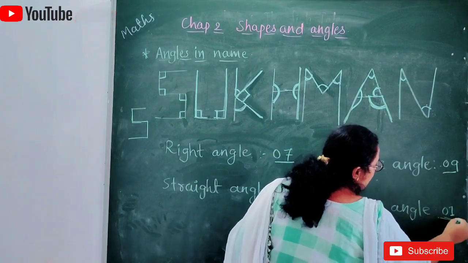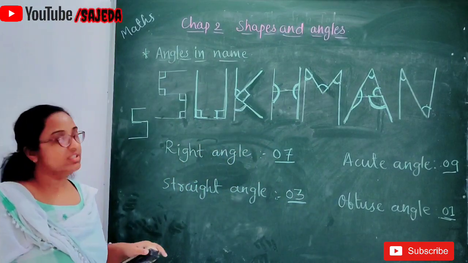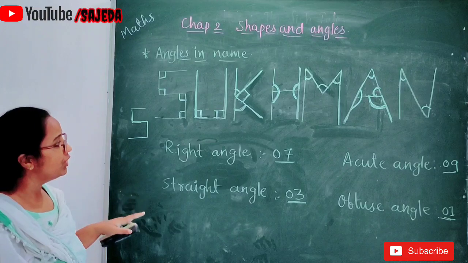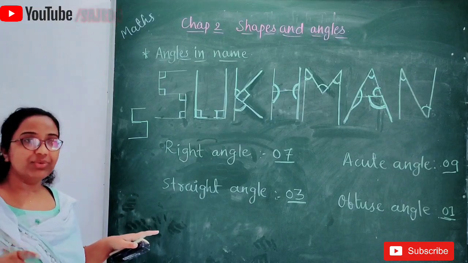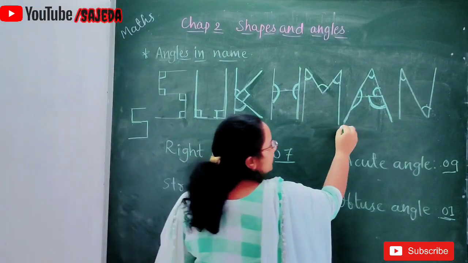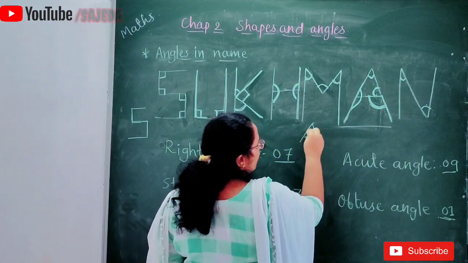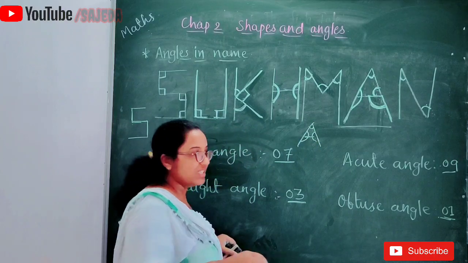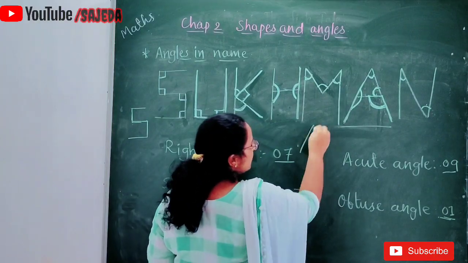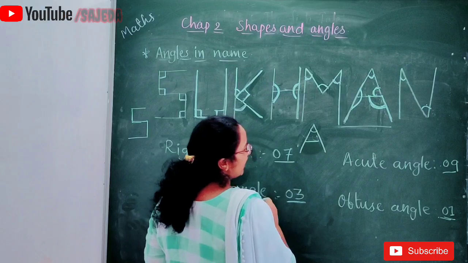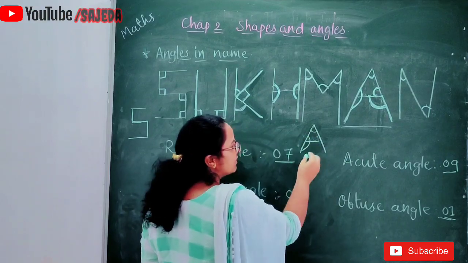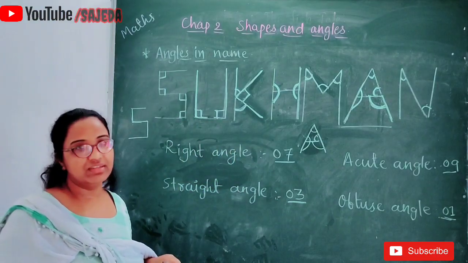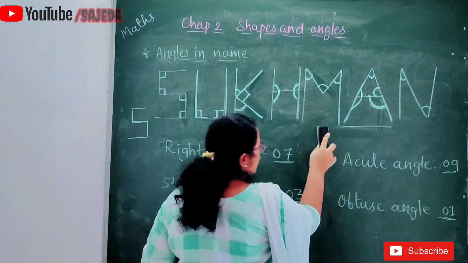That's why I told you, if it is already drawn, you just have to count, and if it is not given, first of all you have to draw, and it depends on you how you are drawing it. As you can see in this, in A we can form two straight angles and one acute angle. But in place of that, I have drawn here one acute angle, one straight angle, then another acute angle and one obtuse angle. So I hope you understood this.